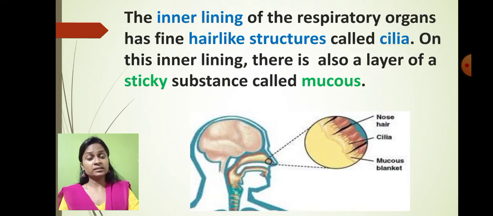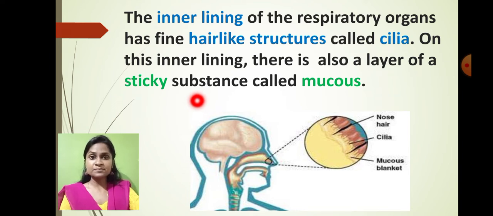And one more thing we have learned: there are many types of germs, smoke and different particles present inside the air. So the dust particles and the germs might go inside our body during respiration. We have to avoid them from going inside the lungs. That's why our respiratory system is lined by hair-like structures. The hair-like structures present in our nose and respiratory tract are called what? Cilia.